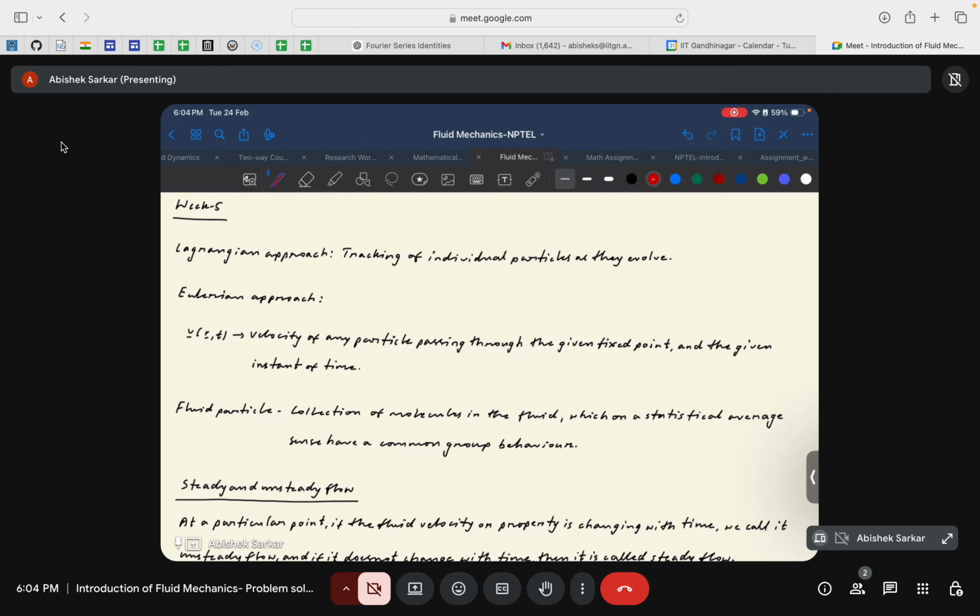So, just to give a brief overview of today's topics of discussion. Today we will start a very important topic of this course, that is the fluid kinematics. I feel till now we have discussed and covered the necessary portions of fluid statics. So, the two other modules remain, that is the fluid kinematics and fluid dynamics. So fluid kinematics will start today, and